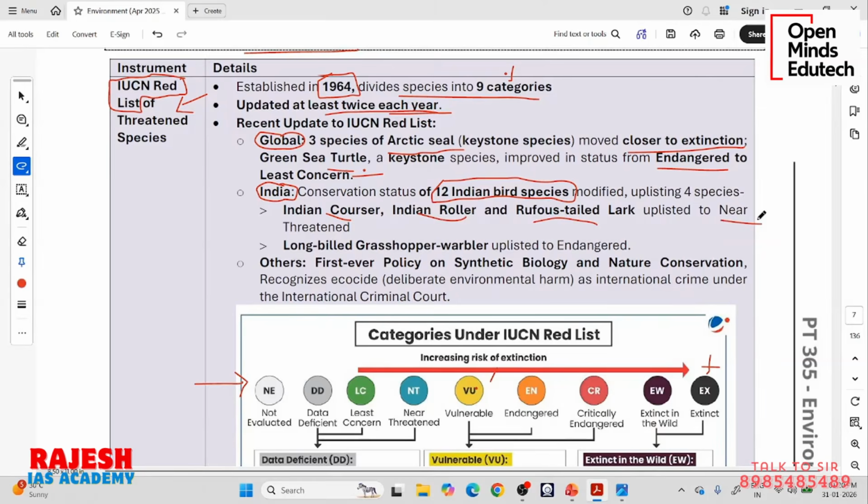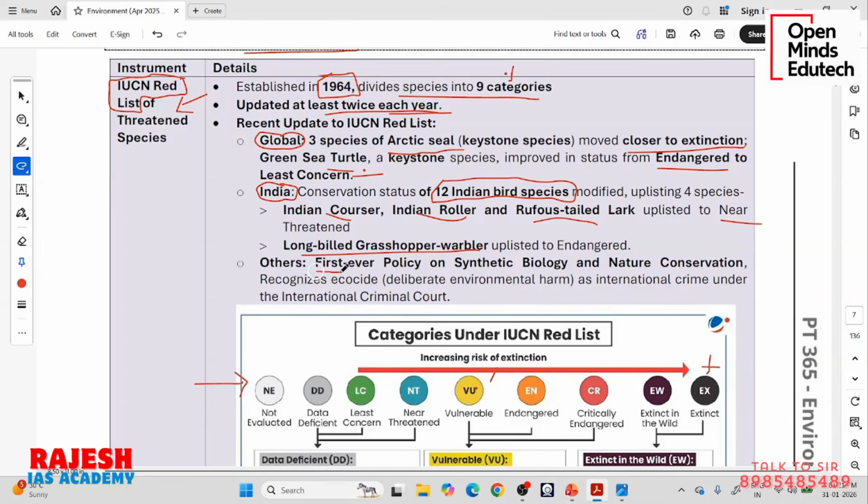Throughout our PDF, we will read like 1,000 animals and plants. It is not easy to remember the IUCN status of all of them. For only important animals you can remember, like lions and elephants. For these names, just remember which type of species. So what is long-billed grasshopper warbler? It is also a bird, and they have